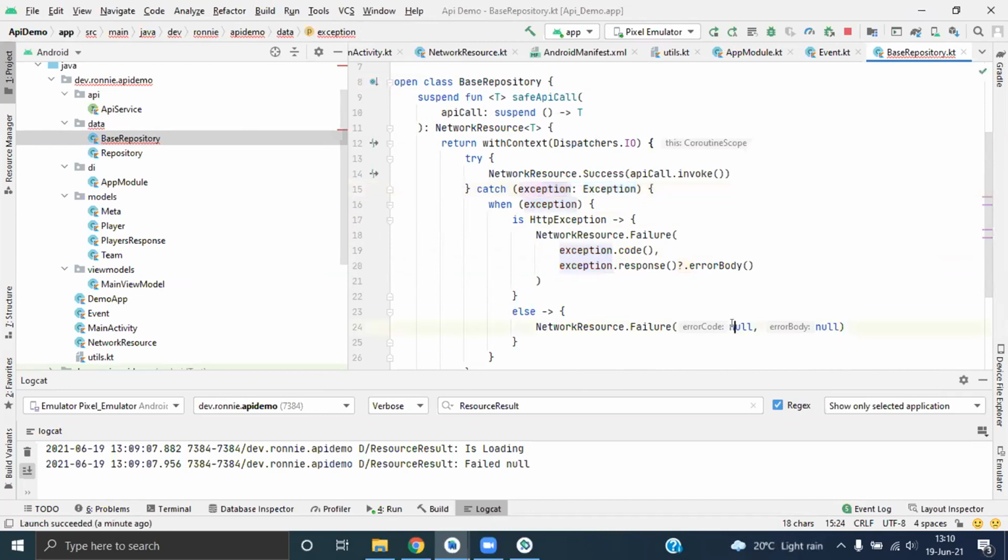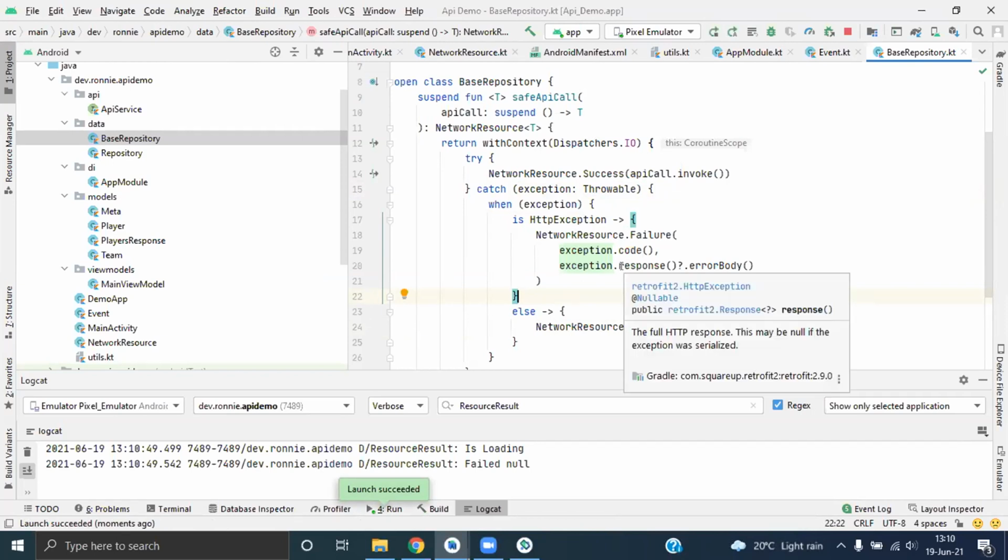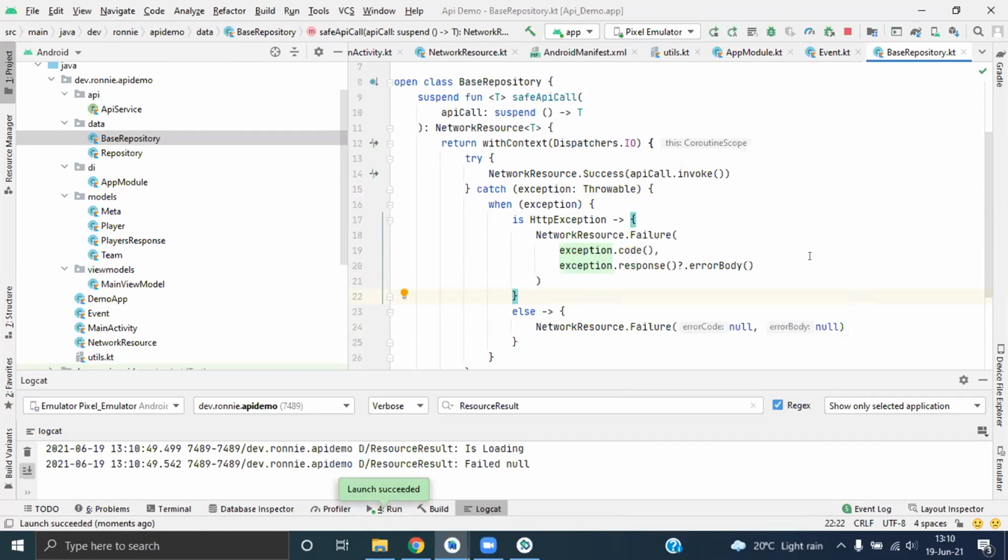Okay, can I pass the error code here? Yeah, pass an error code there. I can only get the code because this is the HTTP exception. You see this? Let me try to pass through and see what the issue is. The thing is, I can't get the error code here because here is the HTTP exception. This is where there's an error code. You get it, Arun? But it will always throw 500.